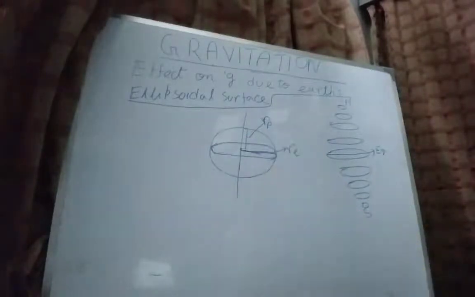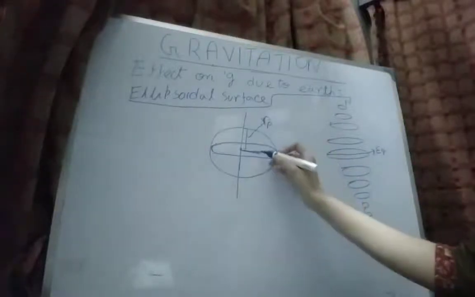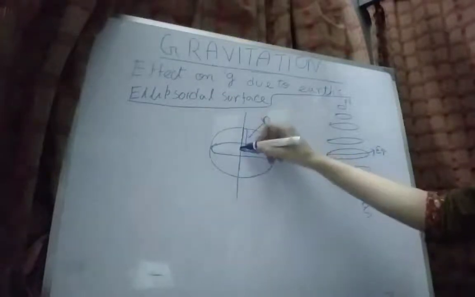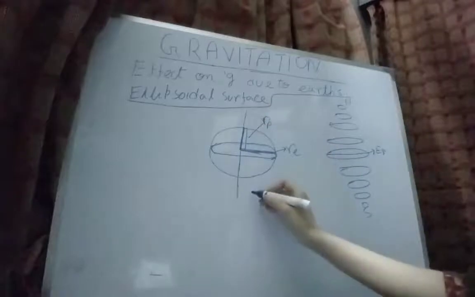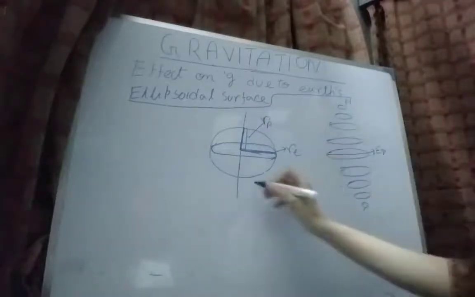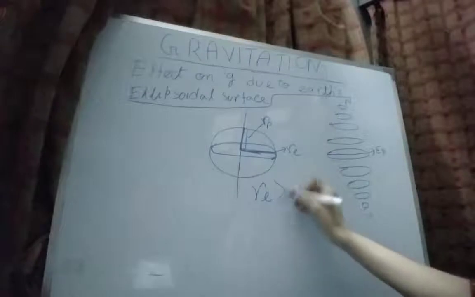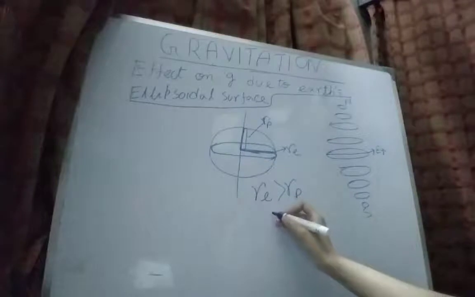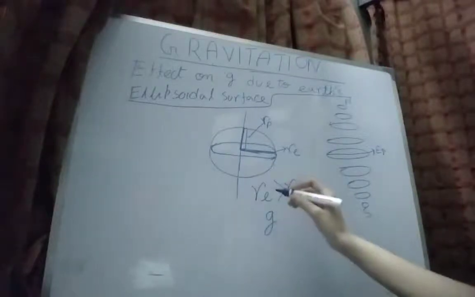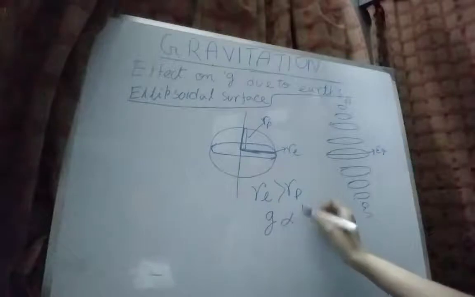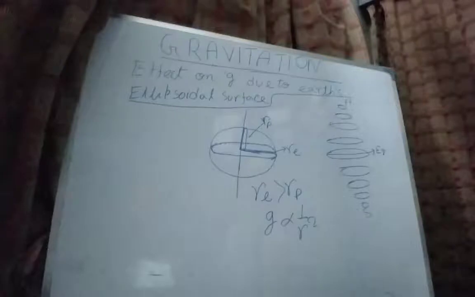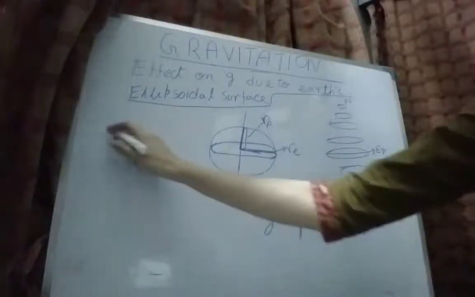this ellipsoidal surface of the Earth, and here we can see that if RE is the radius of the equatorial region and RP is the polar radius, then we can say that RE is greater than RP. So from the universal law of gravitation we know that this acceleration is inversely proportional to r square. So g is proportional to 1 by r square. So if RE is greater than RP,